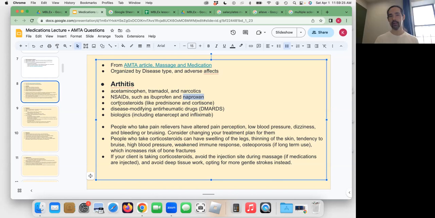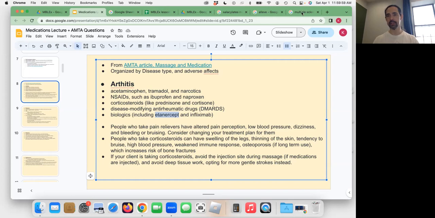Yes. They sometimes will give corticosteroids, which are like the heavier hitters. That's like a one up from NSAIDs, stronger than NSAIDs. Prednisone, cortisone, those steroids or corticosteroids, same thing. Oftentimes they'll give them orally, so it's affecting the entire system. Sometimes they give these special drugs called disease-modifying anti-rheumatic drugs, DMARDs, or they give biologics like, I don't even know